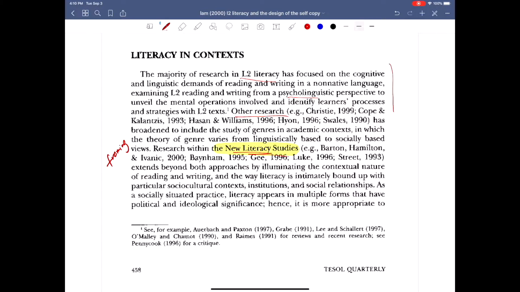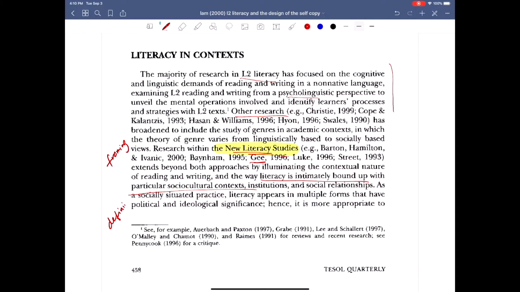And people who have studied that would know, for example, if you've taken digital literacies, you might have heard of this term, or at least seen some of these authors, and you would then know that she is locating her research within this framework. And then she goes on defining what this is, right? Where she says where literacy is intimately bound up in social cultural context. So this would be defining.